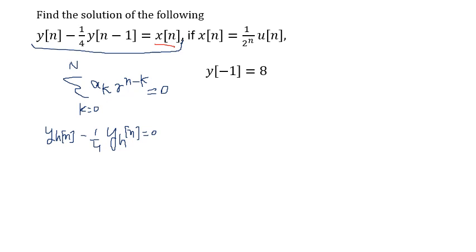Now in this case, because this is a first order equation, N equals 1, so we have a naught, r power capital N,